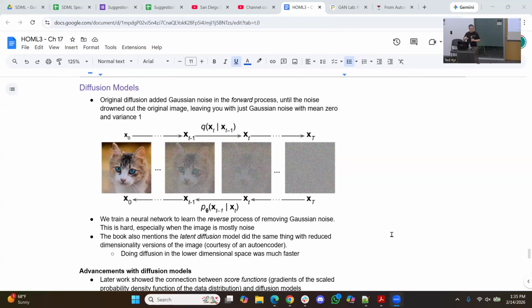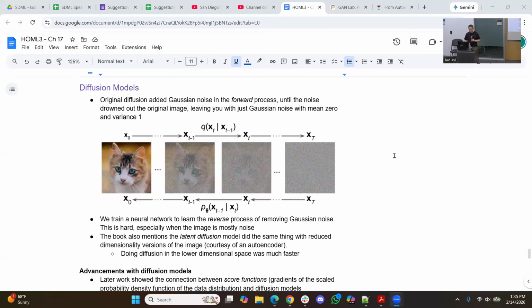will drown out your original signal. So you start with a picture of this cat and you keep adding Gaussian noise, then eventually it'll drown out the original signal and you'll be left with nothing but noise. And if you know your math, then you can say that this noise is actually going to be Gaussian in its distribution. What we want to do is to train a neural network to reverse this process. And this is the part that's kind of remarkable about diffusion models, because it's not clear how you reverse this